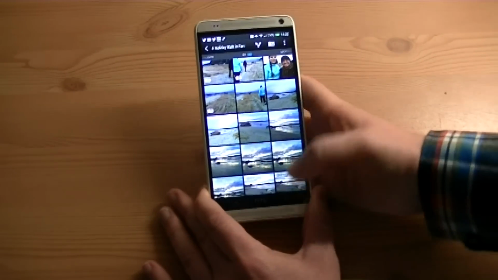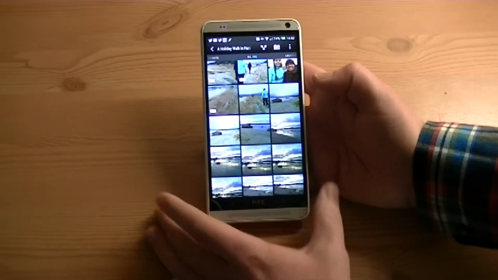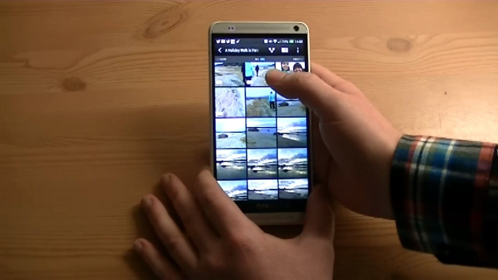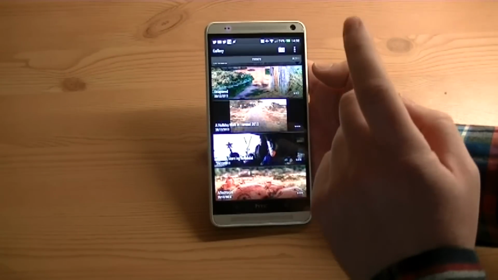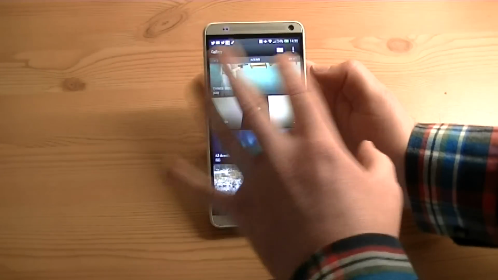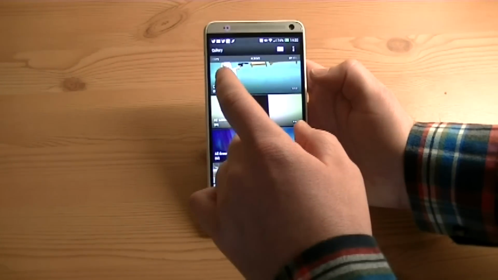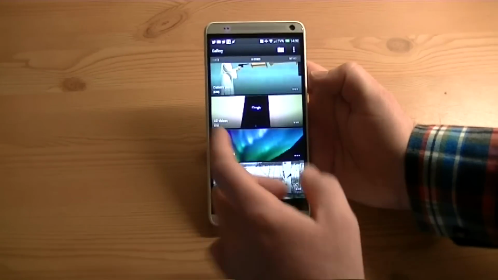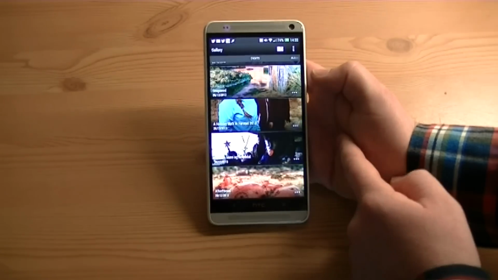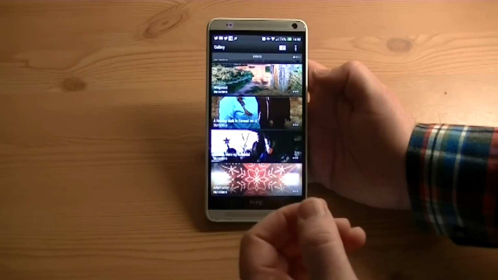So, like I've showed, all you do is go into your stock HTC Gallery app and pick the folder that you want. And I'm going to mention one thing. There's a couple versions of how you can look at it. Typically you're presented with your albums folder, and this is going to have like all your camera shots, videos, downloads, and so on. I like to use the events tab for video highlights, and the reason is when you take